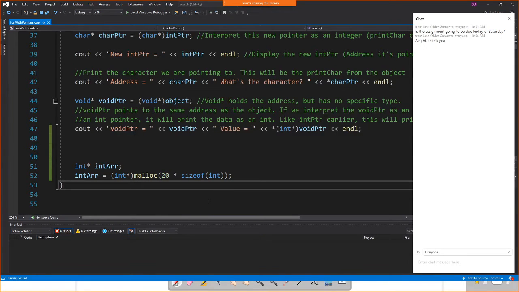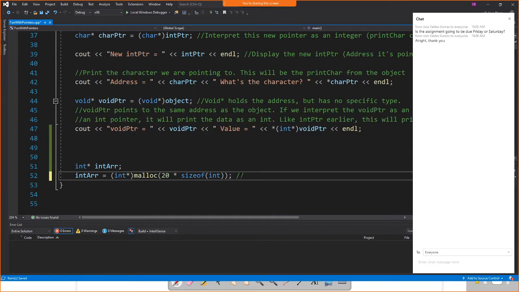Is that clear what that does? You can only allocate in blocks of 1, or 1 byte things. Okay. So if this is the alternative to the new operator,